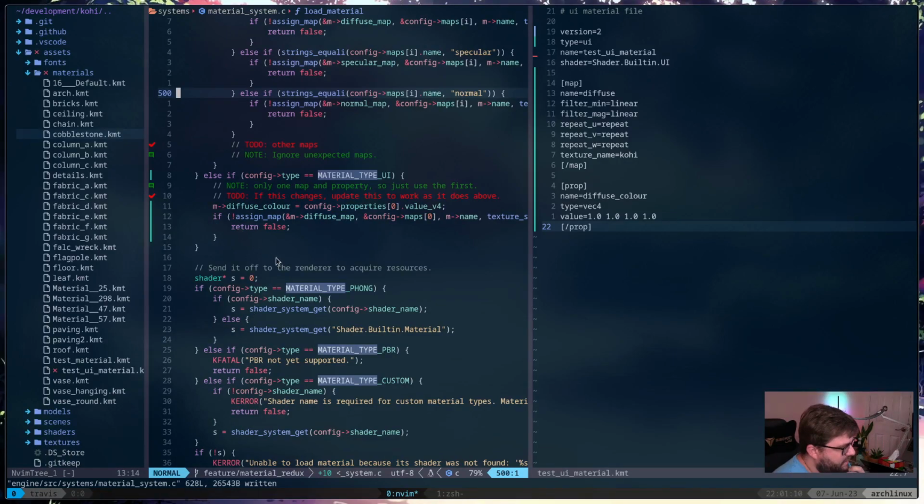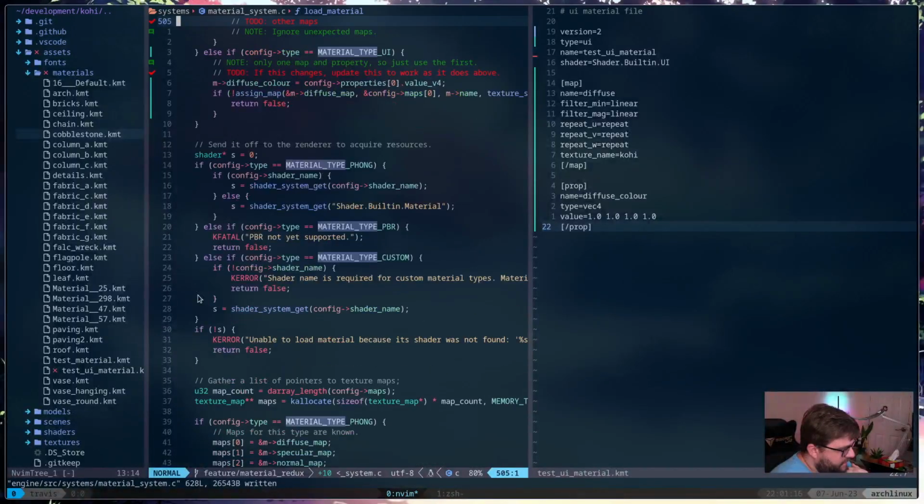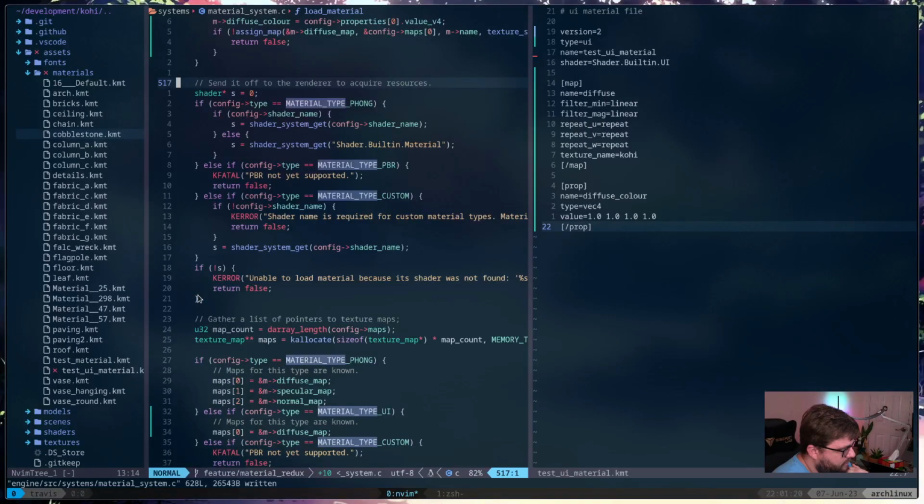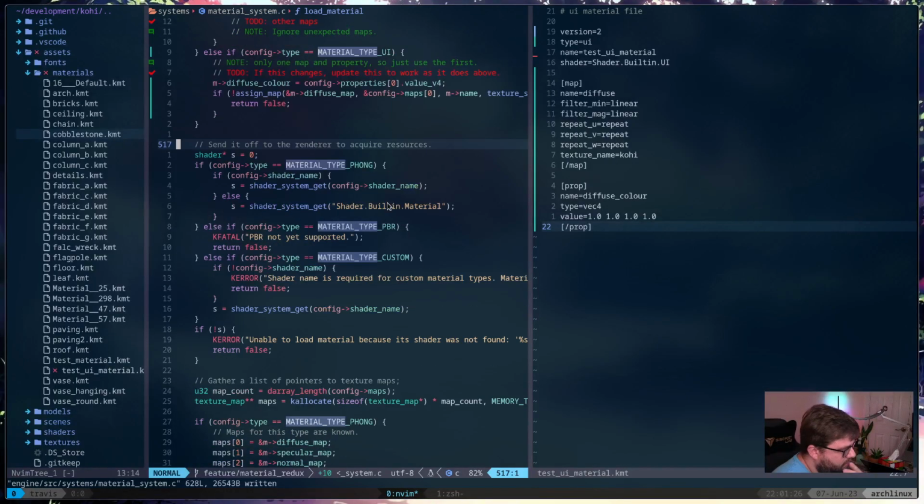Send it off to the renderer to acquire resources. So technically, I guess in this case, if we want material type Phong, yeah, let's go ahead and basically just copy this, right?